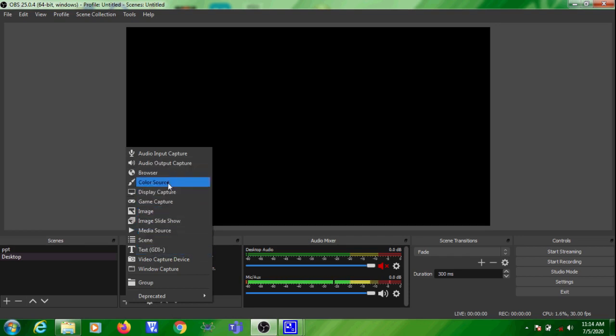You can select the source as, say, video capture device. That means you can display your webcam video here. So you can select a webcam as a source, or you can play some video and take that as a source, or an image can be a source. Like that, these many, or a window can be a source. Window means only that particular window will be captured. Say if you are showing some demo of a software and you are selecting that window, that window alone will be recorded. Whatever you are doing outside the window will not be recorded, right?